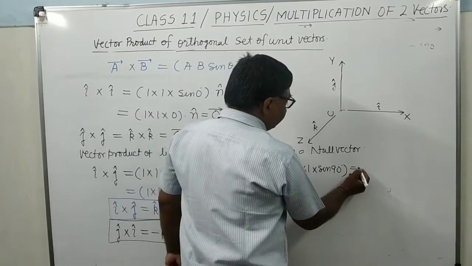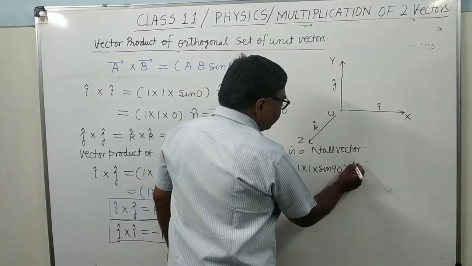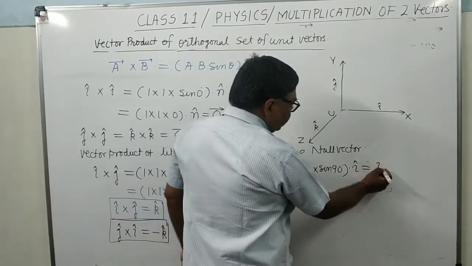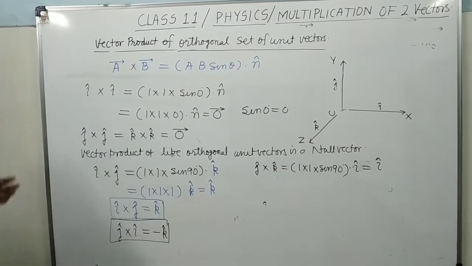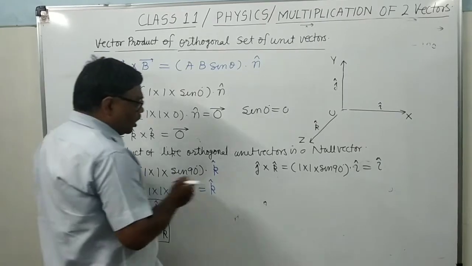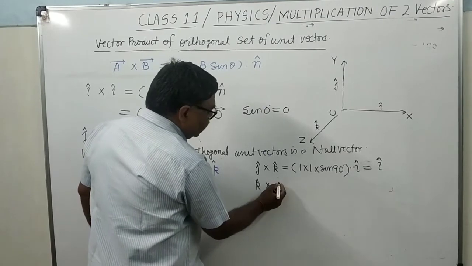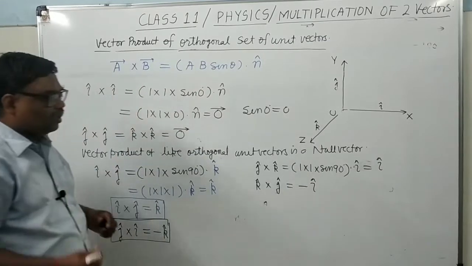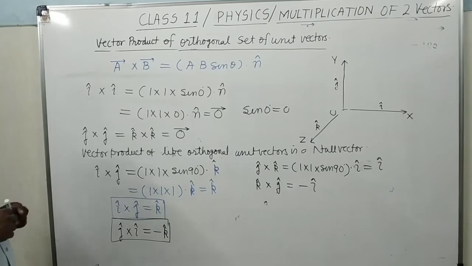So you can write it as, in place of unit vector n, you will write unit vector i. So on the whole, finally it will become unit vector i. Means j cross k equals unit vector i. So if you write the opposite of this, vector k cross vector j, it will be equal to negative of unit vector i. It is clear? Now after this, you can see here